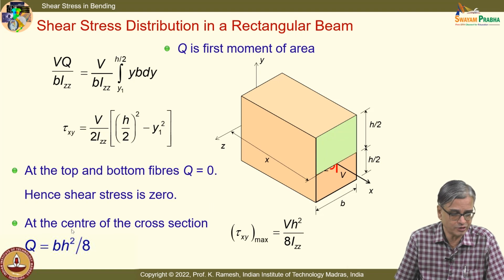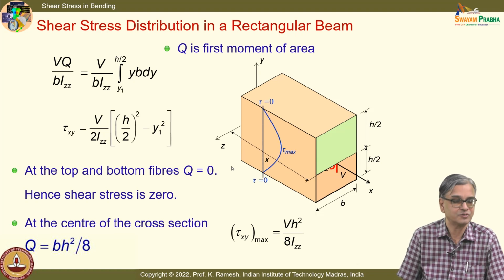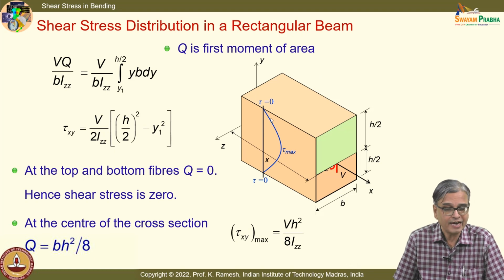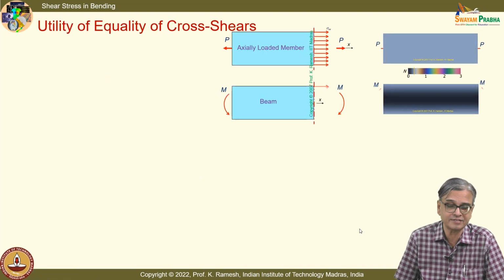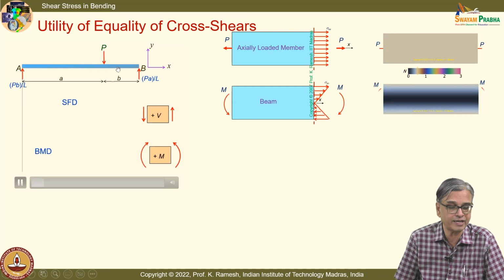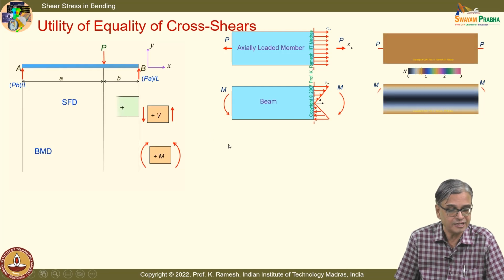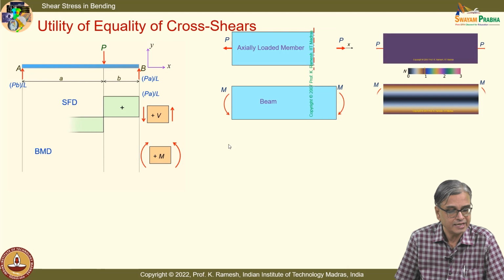And when I do it for the center, that is what is shown. And I have this as a parabola. So this is non-linear, and on the top surface it is 0 and on the bottom surface it is 0, and it is a maximum at the centroidal plane, which we have also seen a long time back when we discussed the free surface. I took a generic 3-point bending, and there the argument we put forth was,